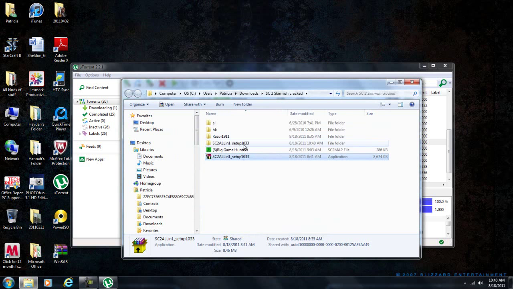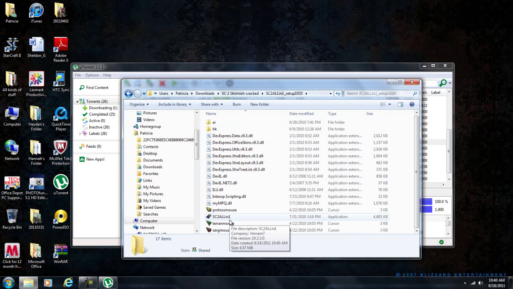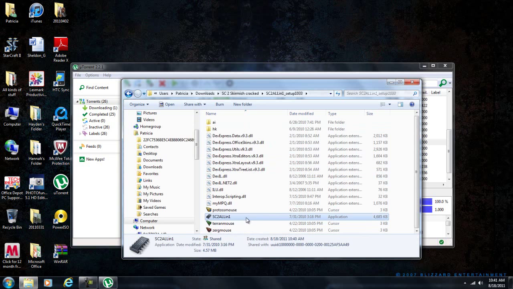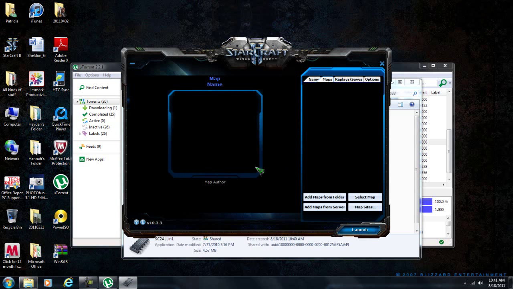Alright, so here it is now. I just extracted it into its own file. Just double click the file, go inside it, and double click the SC2 all-in-one. SCT or SC2 all-in-one, yeah, it's kind of weird. And it's going to say no maps were found. And what you're going to want to do, if it says that, which it probably will, like mine, just close